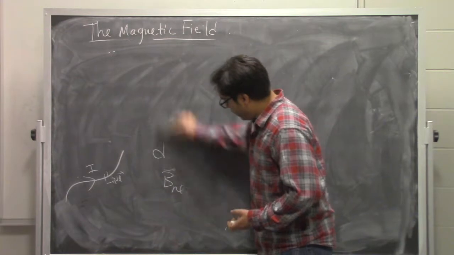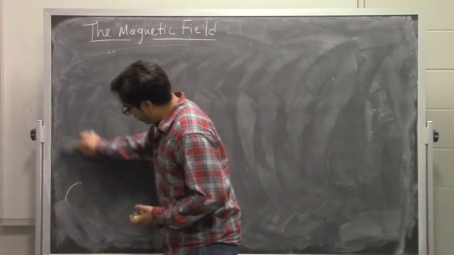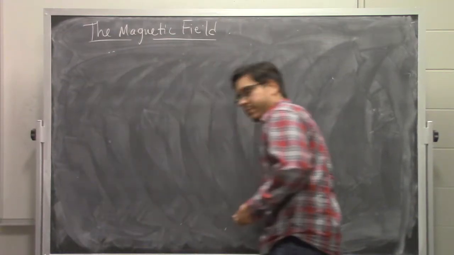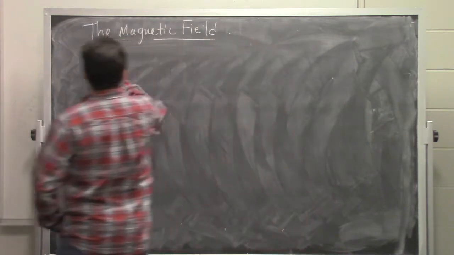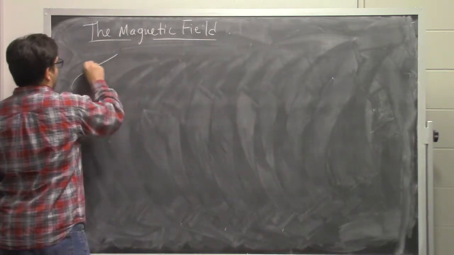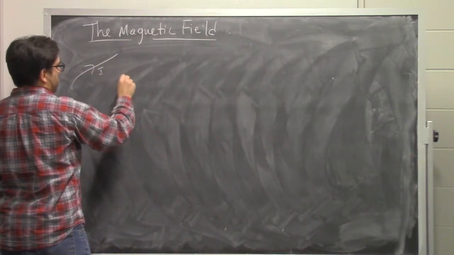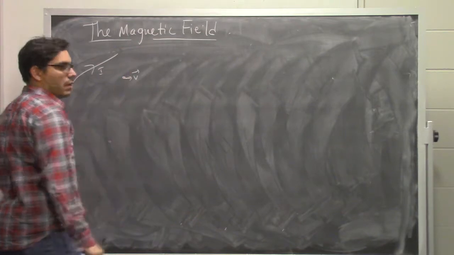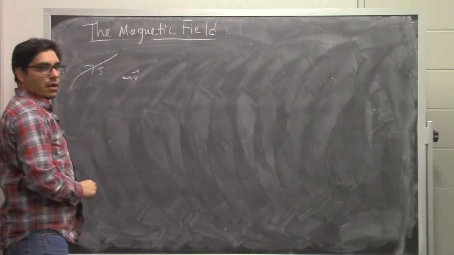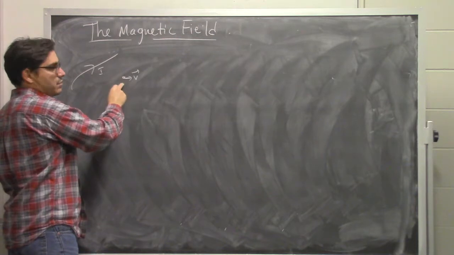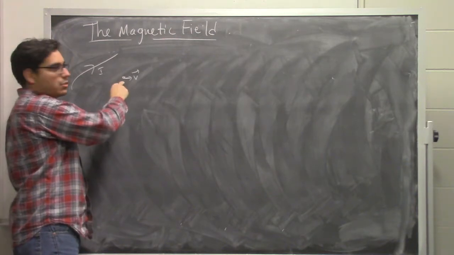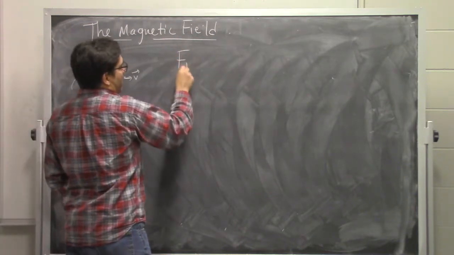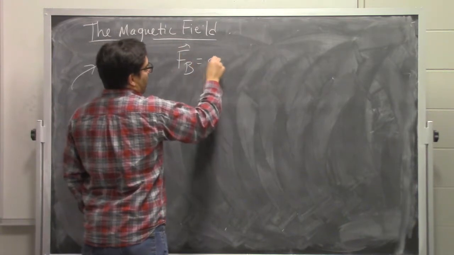The charge that you are looking at that interacts with the magnetic field has to be moving. So if I have some current maybe like this, and I have a charge over here that happens to be moving, the magnetic field that this current produces at the location of this charge will interact with this moving charge. And it'll interact exactly like this,